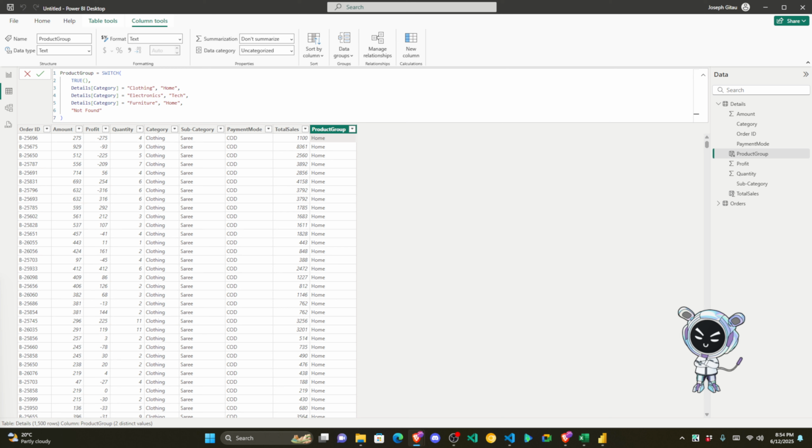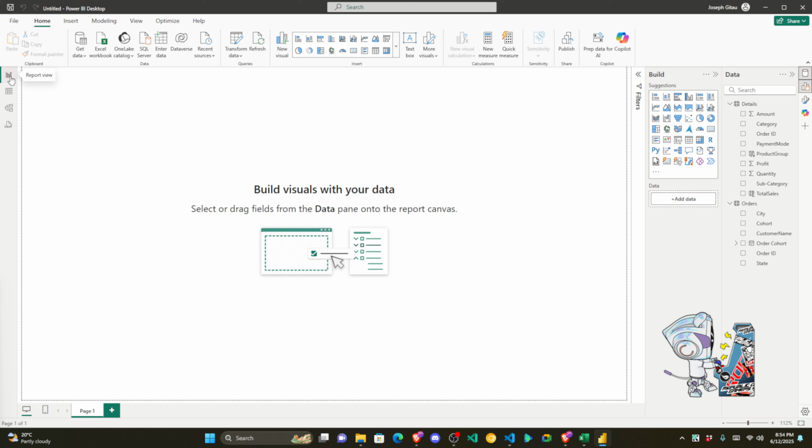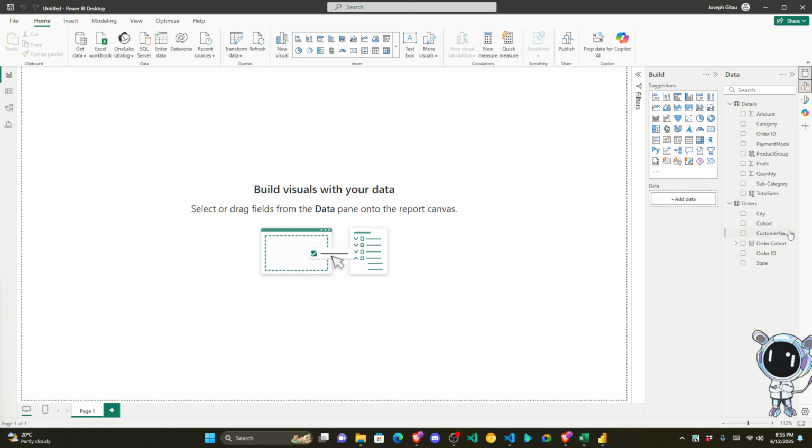Let's proceed. So that is the part for new columns. So I'll click OK, then I can minimize this. So let's go to the build visuals part. So that is the report view. And for the report view, we can create something similar to the total sales, but as a measure instead of having it as a new column. So you'll see for total sales,